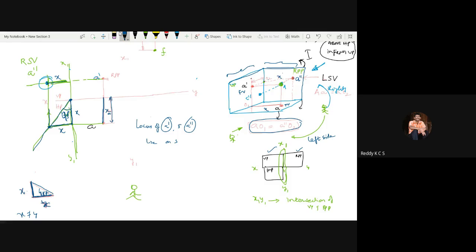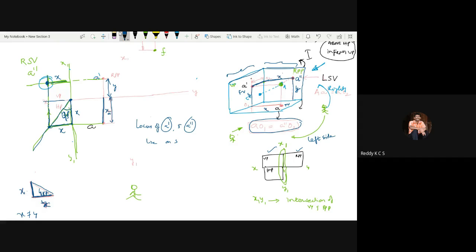So that is why this point is projected in such a way that it intersects the a dash line, because if you look at this, this one and this one will be in the same line, because this height is equal to this height. So this height is, say for example, y. This height is also y, meaning from a dash to the reference line xy is y. Similarly from the xy line, a double dash is also at the same height. That is why from this point you need to draw vertically upward so that it will cut the locus of a dash at this particular point, which gives you a side view.